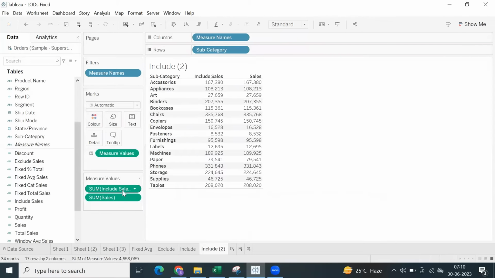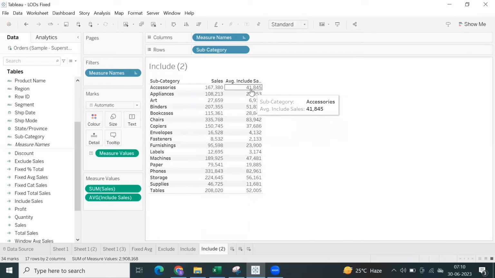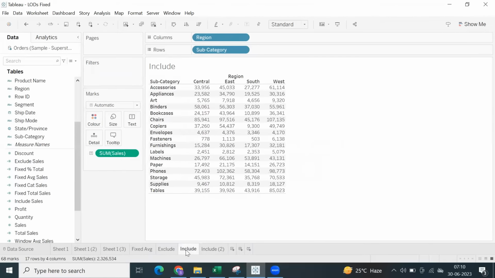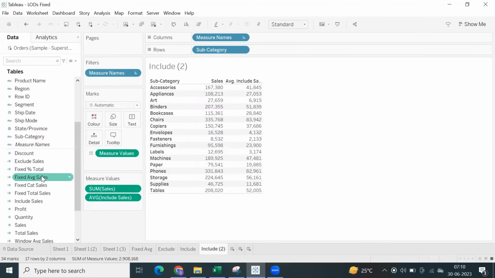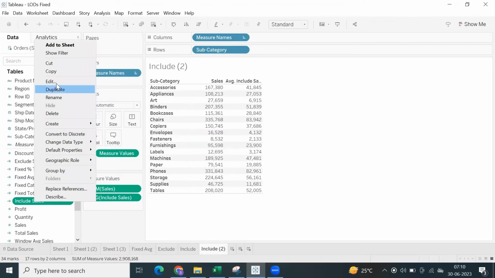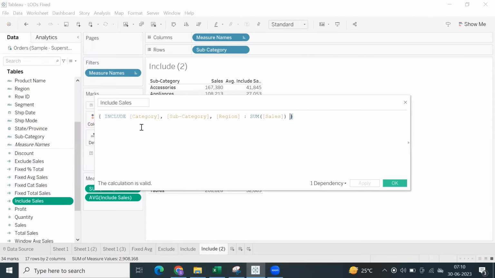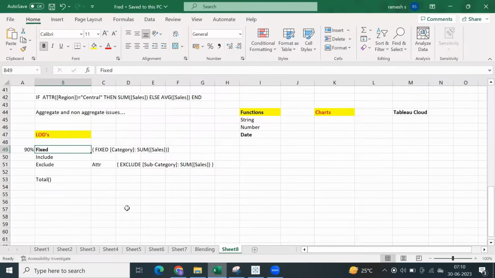So if I'm going to use average, you are getting average here, right? How are you getting average? This is not include, but just to refer to this, average is what I have done. Just understand this. This is one of the important functionalities, a completely different functionality for